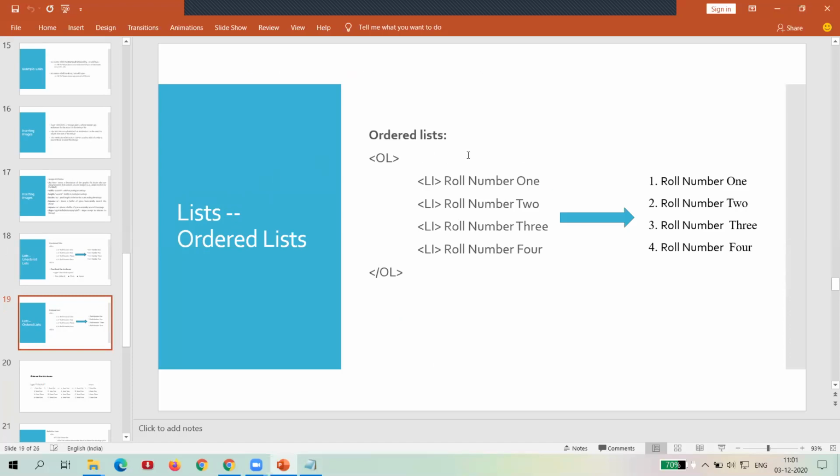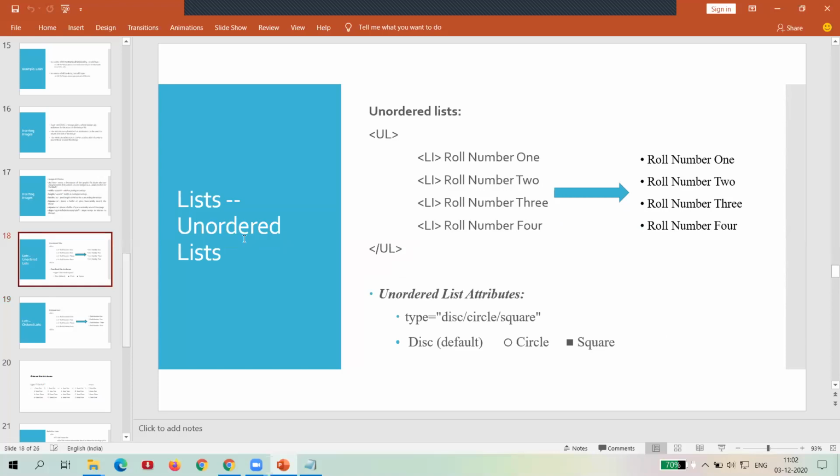Now you can see the output of an ordered list, where you see the sequence numbers 1, 2, 3, 4, 5, up to as per your input. And if you go for the unordered list, you can see the output is represented as a disk. So that is the difference between ordered list and unordered list.